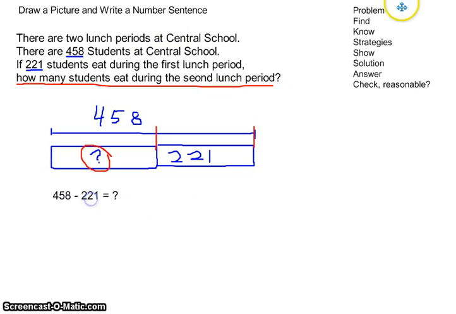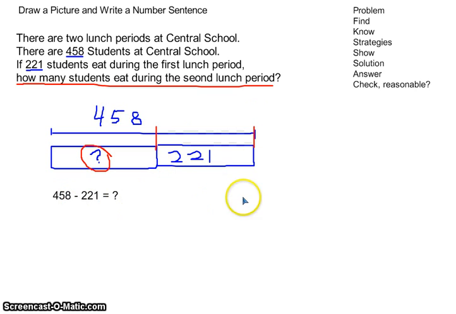So in terms of what do I know, here's my strategy. I already underlined what I know. My strategy is draw a picture, write a number sentence. Here's my picture, here's my number sentence. That's all it is. It's nothing fancy. A real quick little couple boxes, one line on top. Oh, I know the total, and I know one of these boxes. Well, now I have to figure out the other one